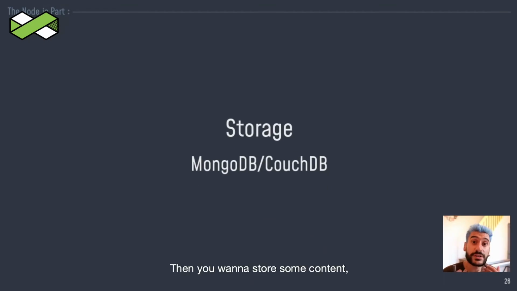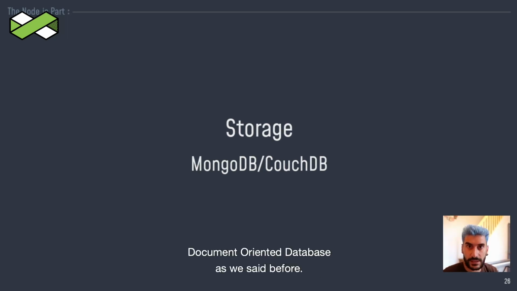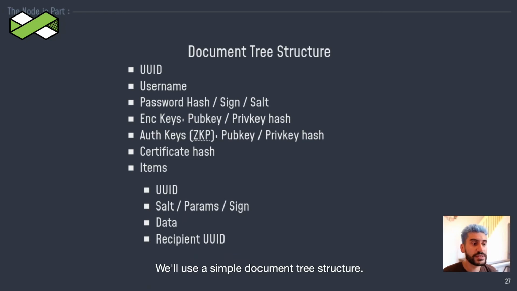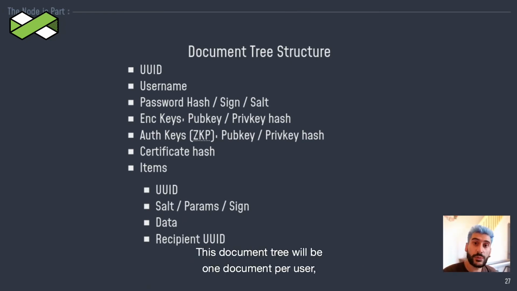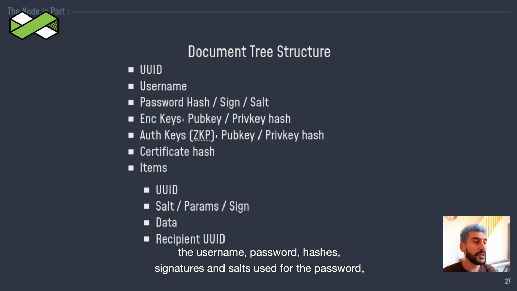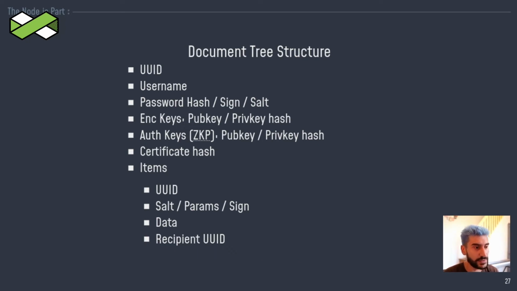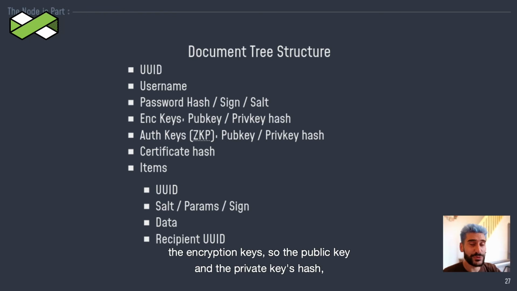Then you want to store some content. The best way to do storage is to use MongoDB or CouchDB, a document-oriented database, as we said before. We will use a simple document structure. This will be one document per user. Each document contains the UID of the user, the username, the password hash, signature, and salt used for the password, not the password by itself, but only the hash. The encryption keys, so the public keys and the private key hash,